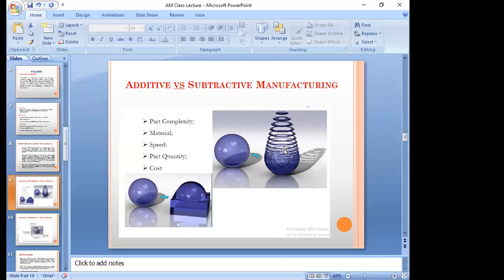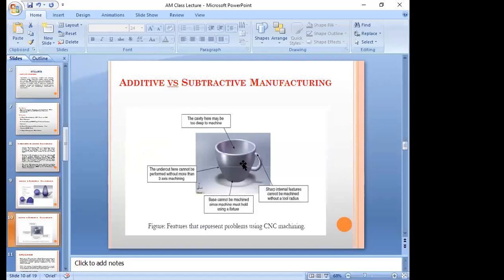In additive manufacturing, we are depositing the material step by step, and we are getting the final product. Here you can see it is visible. And in subtractive manufacturing, we are removing the material. The name itself makes it very clear that we are removing the material, and finally we are getting the product outcome, or maybe the product output. But why are we going to implement this particular additive manufacturing technique?